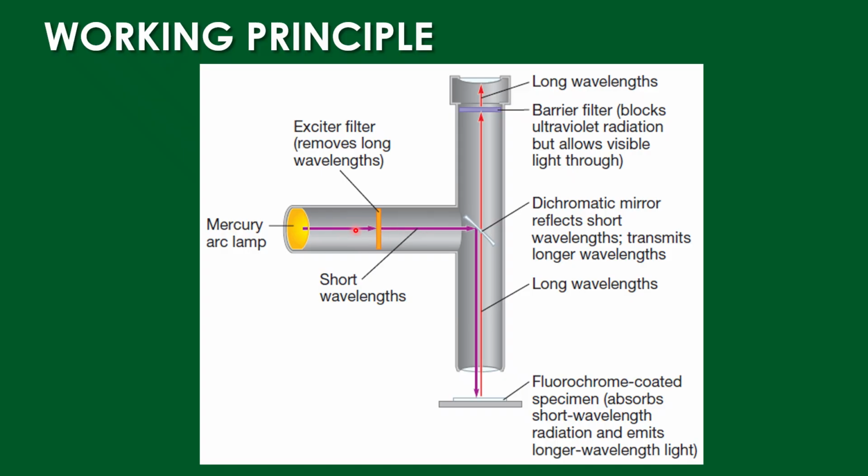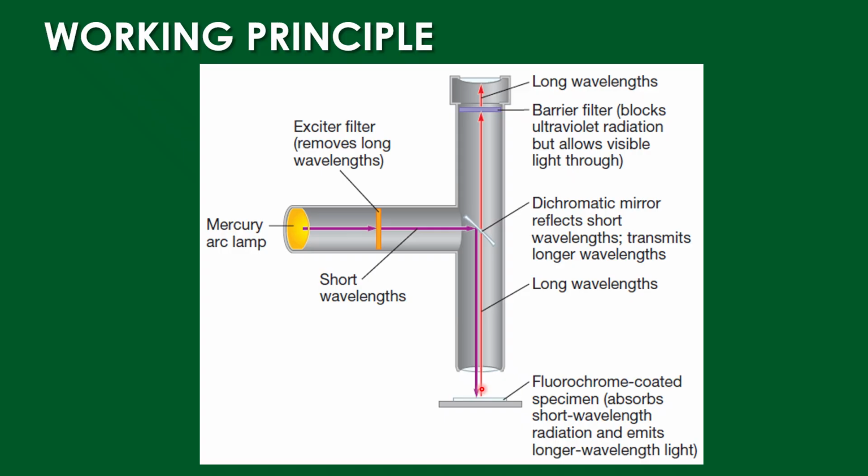But here the wavelength of the light is long, and after passing through this exciter filter, the wavelength of the light becomes short. Next, the light that passes through the exciter filter is directed down to the microscope by the filter called the dichromatic mirror. The shorter wavelength light passes to the dichromatic mirror, and this dichromatic mirror reflects the short wavelength light into the